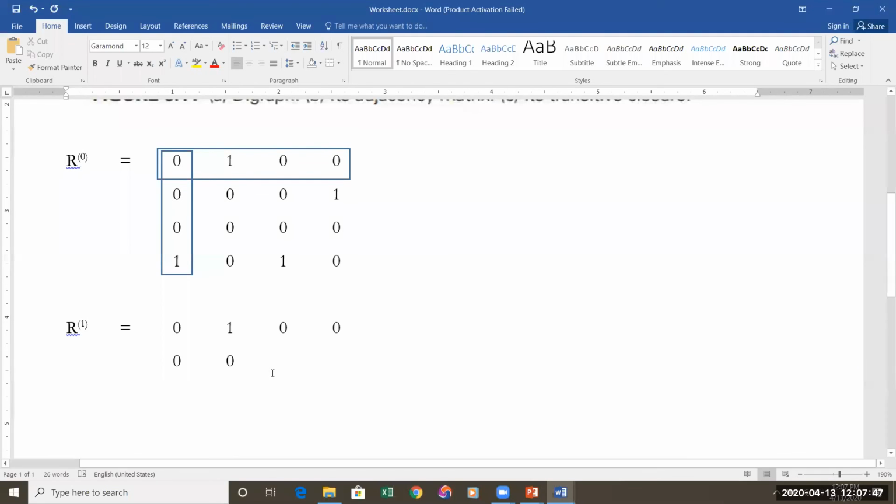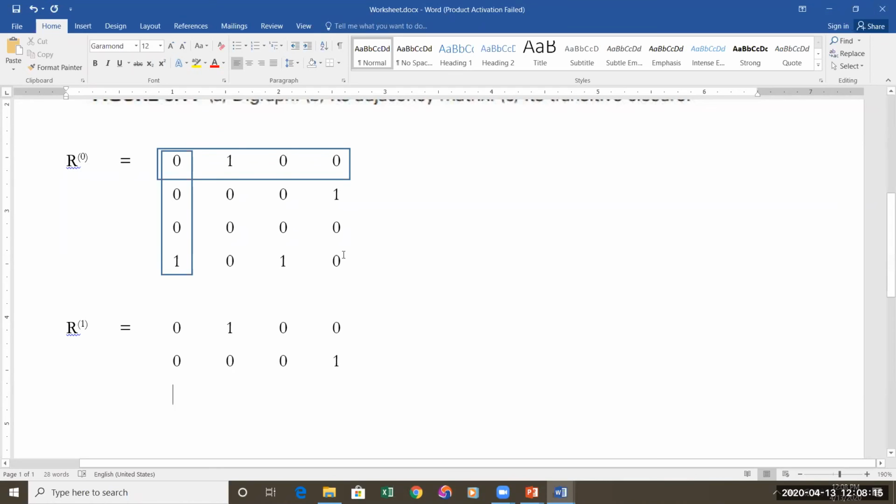Okay, next. In this position, the previous position is 0 here. You have to check this previous position. Since it is a 0, the corresponding row in the boxes is 0. The corresponding column in the box is also 0. Therefore, this value is 0. Next one. The previous value in the matrix is 1. So if there is a 1, directly we write it as 1. There is no need to check any other things.